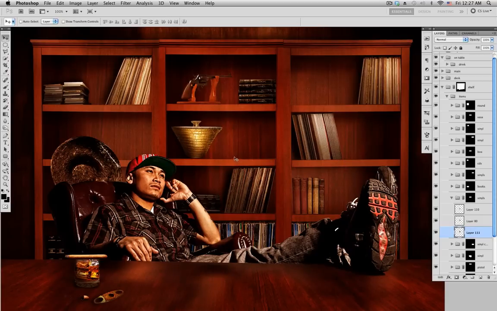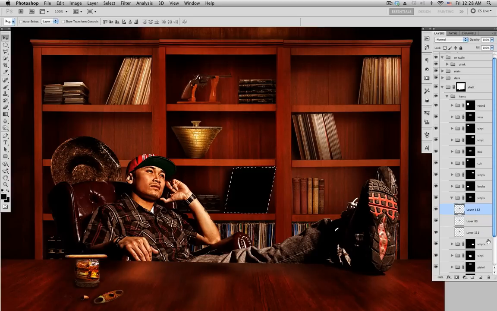Alright, another thing I want to point out too is since the light's coming from this way, it's gonna cast a shadow on these edges because the shelf is right here, and then it's gonna cast a shadow on the vinyl right here, on the books, same thing right here a little bit, and then right here too, and all this. So to do that is, let's see, I'm gonna delete the top shadow layer, Command D, select it, new